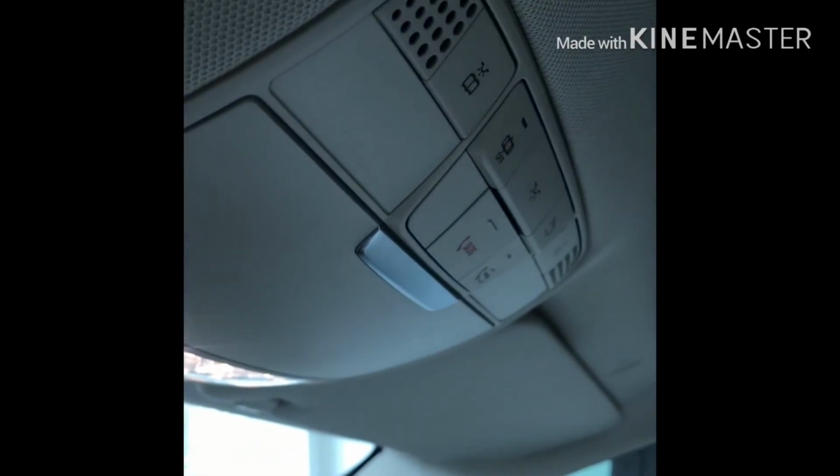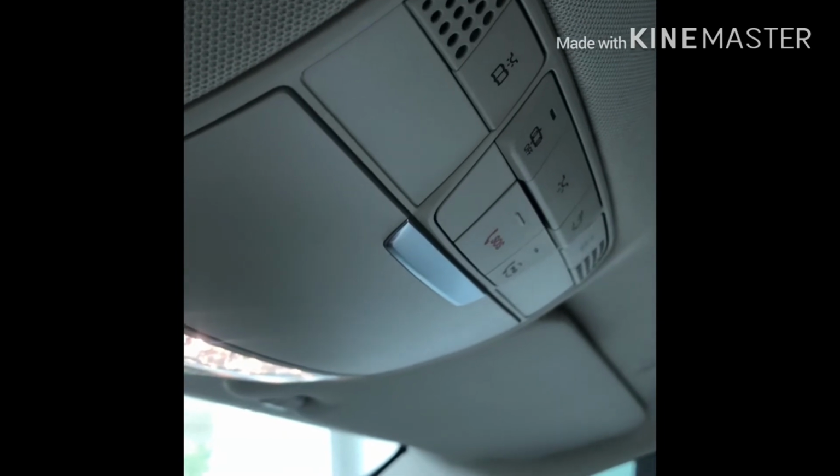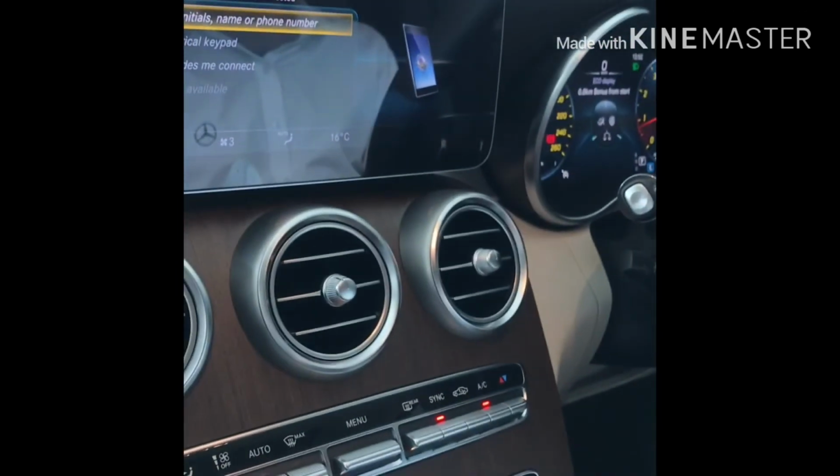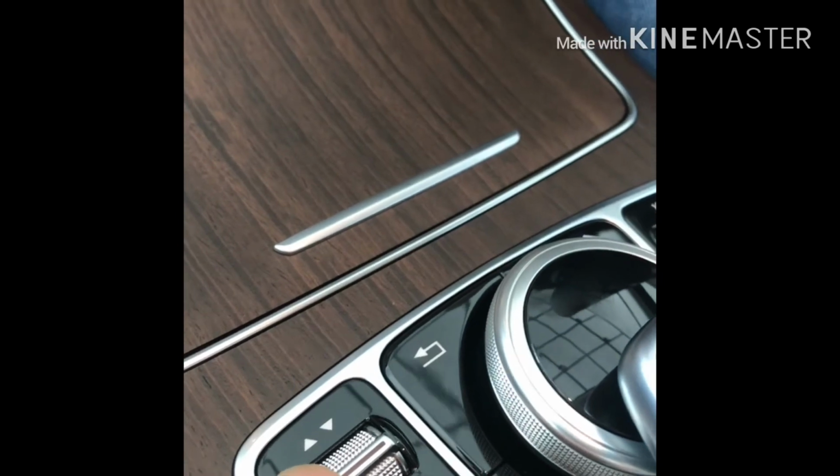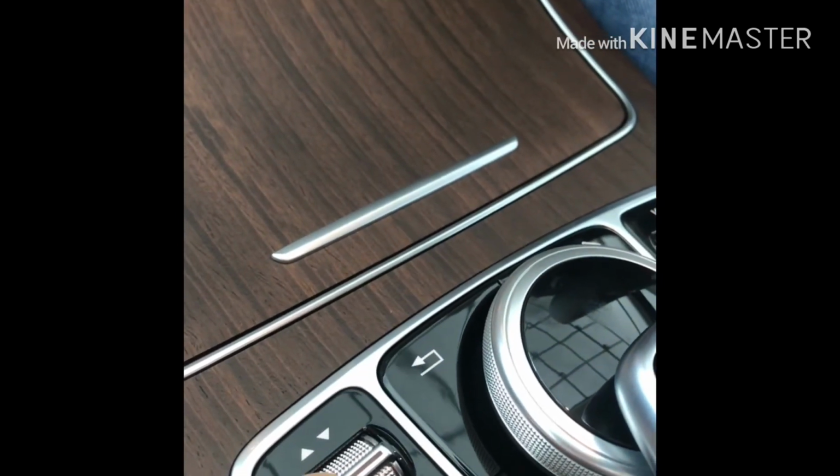So that's how we've seen the call goes within 30 seconds when you need any emergency services. Another thing that we need to know is this car has 5 driving modes. So we've got Eco, Comfort, Sport, Sport Plus and Individual. So this is the dynamic toggle switch to control the different driving modes.